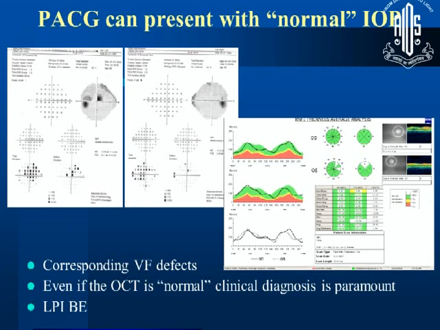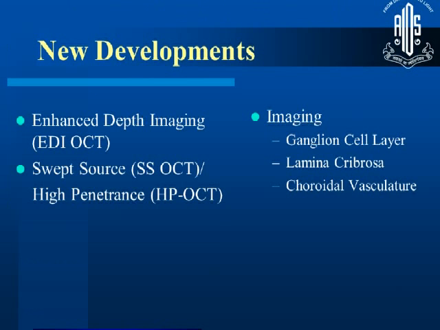And the reason for that could be that in the presence of a disc hemorrhage, there is some local extravasation, and we've seen that interestingly, in the presence of an active disc hemorrhage, maybe the RNFL swells a little bit at that area, and it actually shows up as normal. So a green OCT or a normal OCT does not mean absence of disease, and a red OCT does not automatically mean glaucoma either.